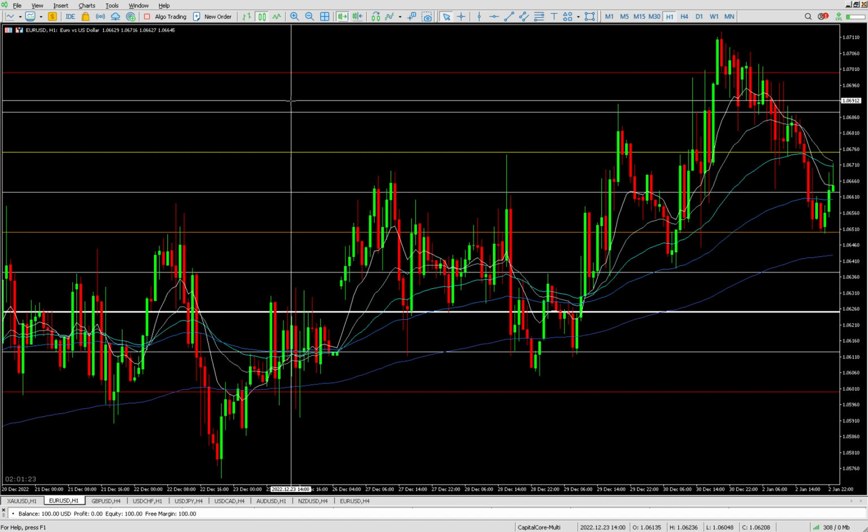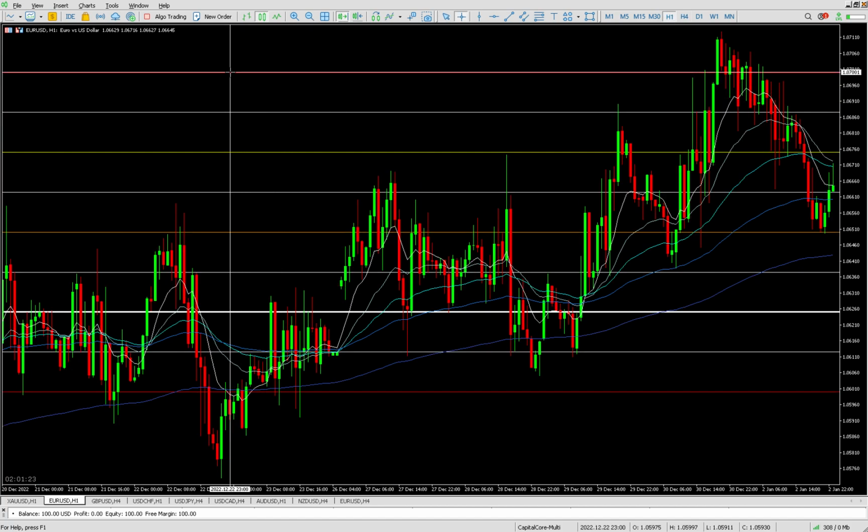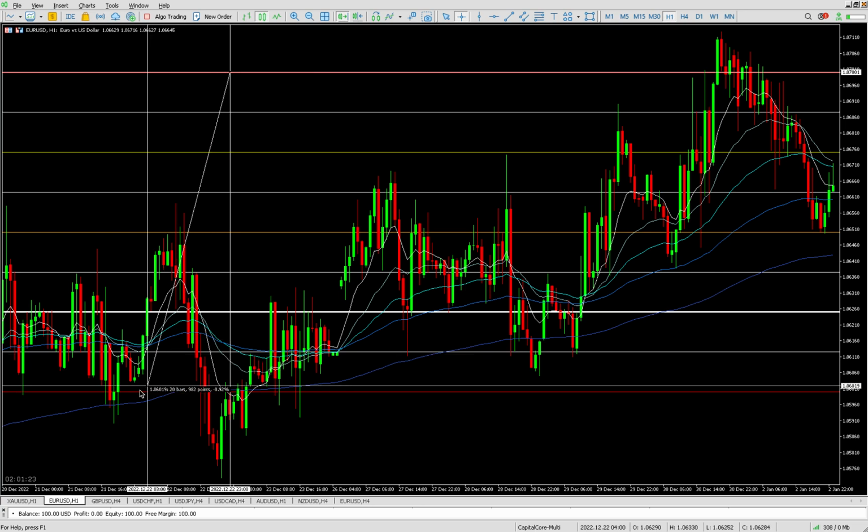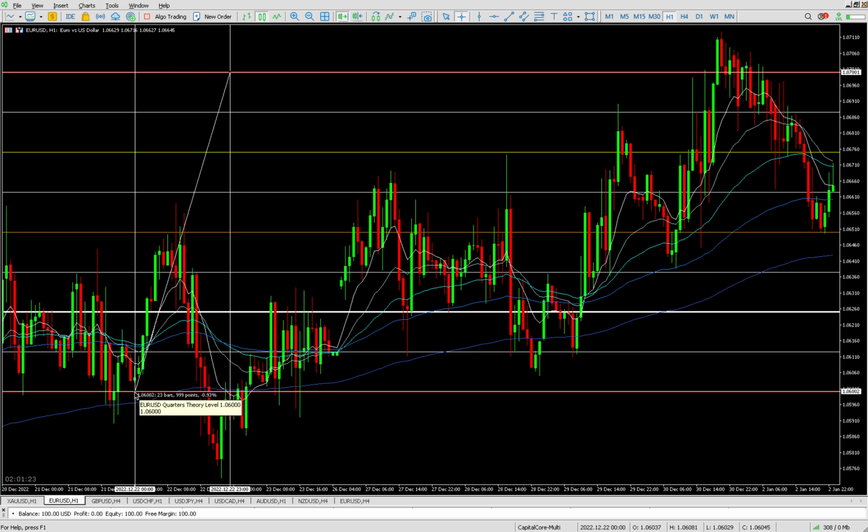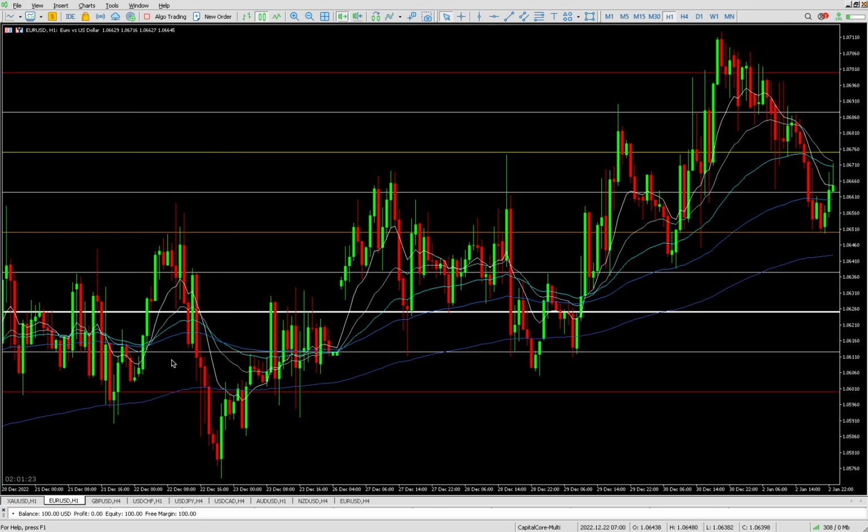And here we have the 1,000 quarters theory level. Okay, so everything's exactly the same as we always do, dividing in half. One thing I want to mention here is the reason that this is thicker here